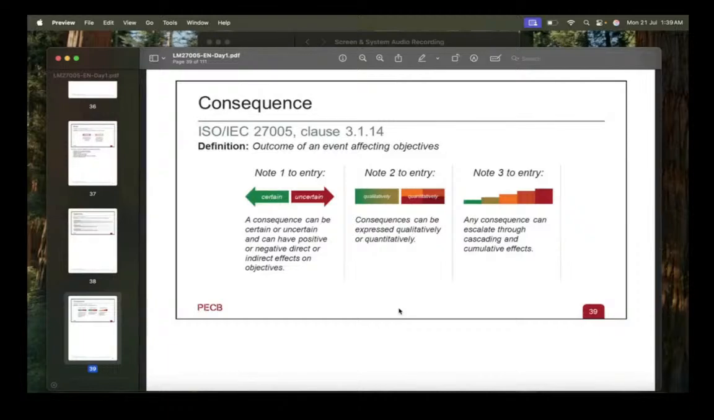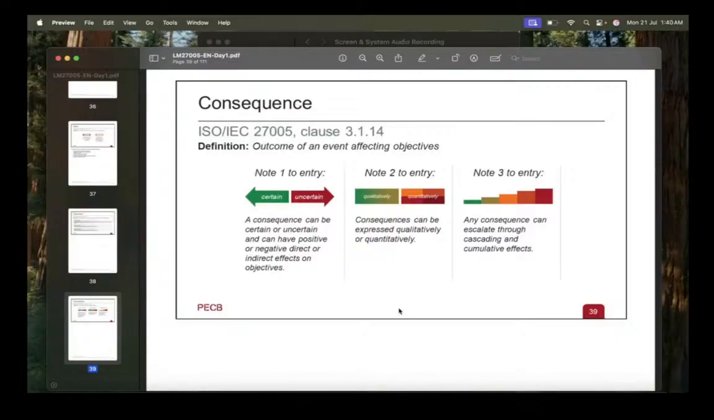Previously, we have read about consequences, that any event can have different consequences. So what is consequence? It is a very simple, commonly used term. It is the outcome of an event affecting objectives. This is taken from ISO 27005. It has different entries as well. Note 1 to entry,